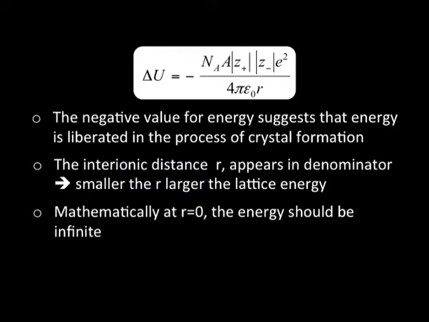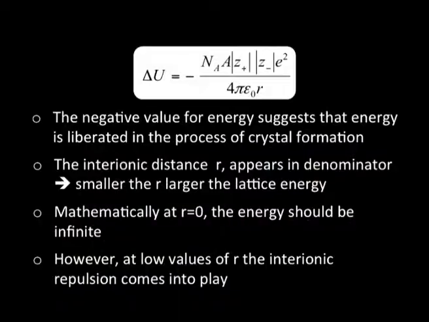And if we go on reducing this, mathematically speaking, if r happens to be 0, then the energy will be infinite. That seems slightly paradoxical, but the fact is that we can never have r equal to 0. The reason is that as I bring my ions closer and closer, when they become much too close, they do not attract, they start repelling each other. When they start repelling each other, we need to modify this expression. That repulsion, the inter-ionic repulsion, has to be considered, and that was done by Born.